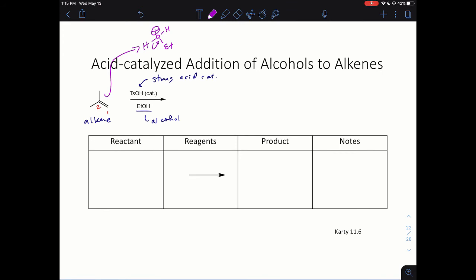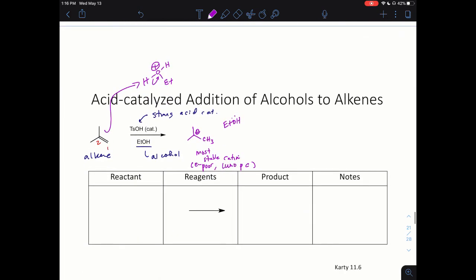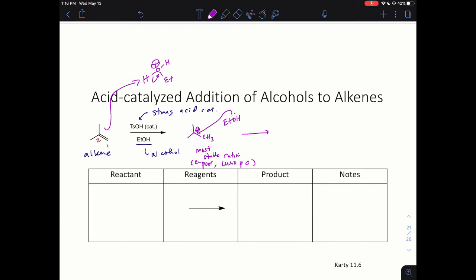So the strong acid catalyst will immediately generate protonated ethanol, which will protonate the alkene, and it will be protonated on C1 to generate the most stable cation possible, which is this tertiary cation. Now, this is electron poor. It will react with its LUMO, which is the empty p orbital on carbon. We need to look for an electron-rich species. Now, for acid-catalyzed hydration, that electron-rich species is water. But we have replaced water in this reaction with alcohol. So this time the alcohol donates its lone pair to generate this protonated ether intermediate,